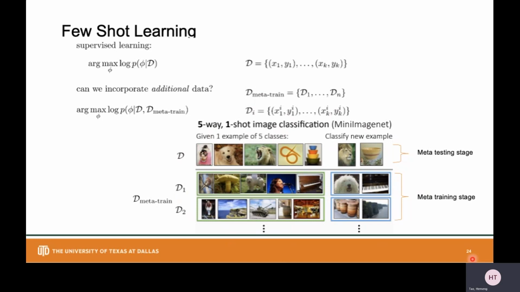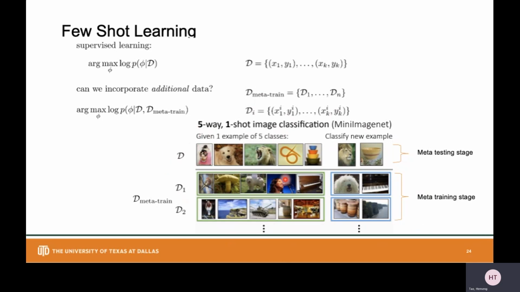Imagine you are given a classification task D only. If we directly train a classifier on D, the performance will not be promising, right? Because there's only one labeled data for each class. That's why the few-shot learning method tries to use the D meta-train to form some related but different classification tasks to help the model learn some prior knowledge before the target task.